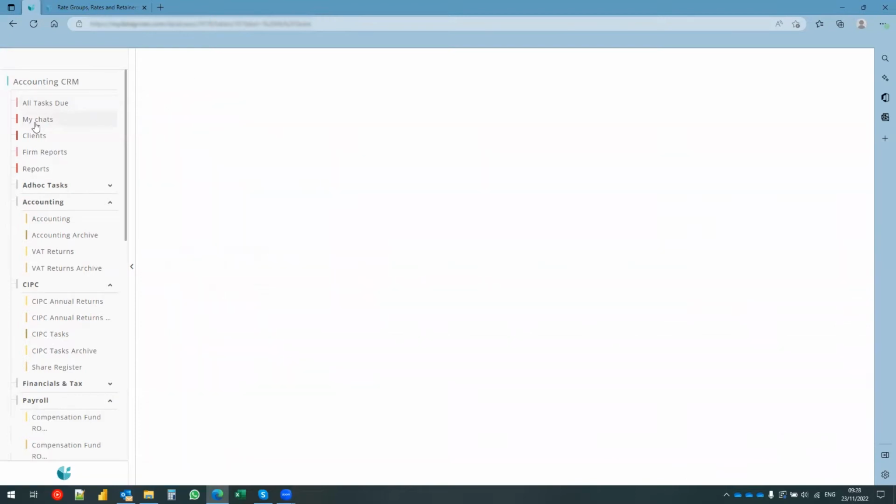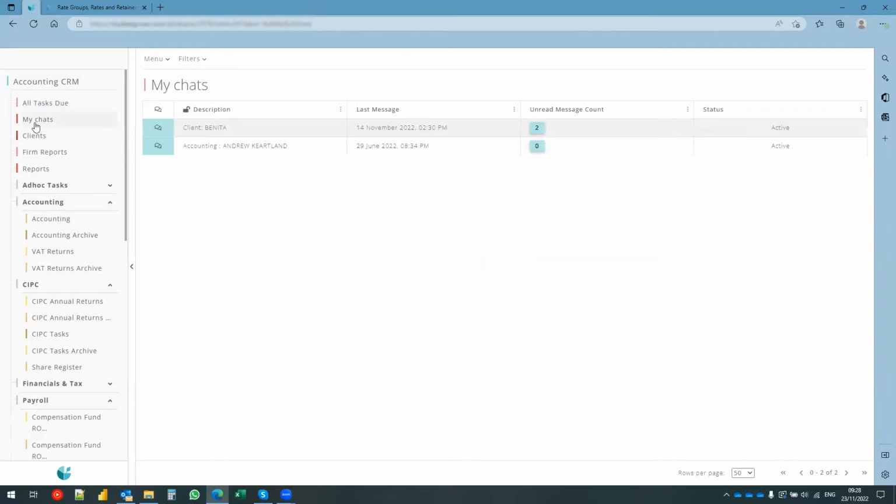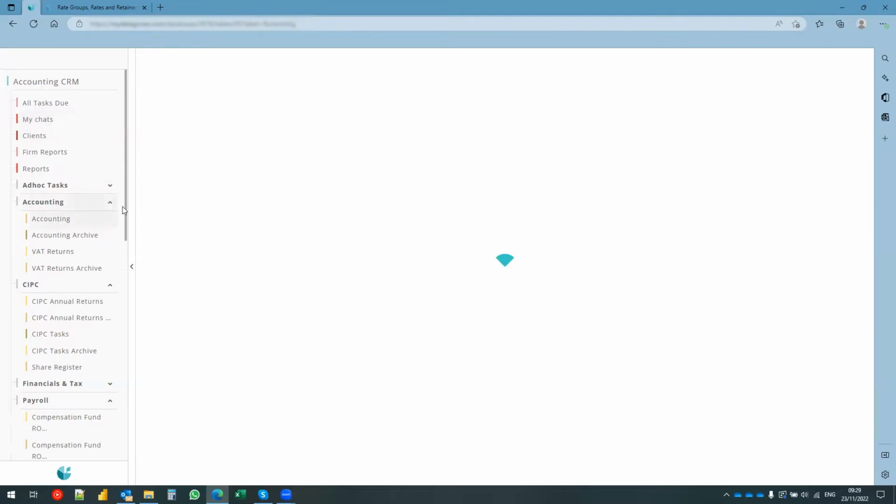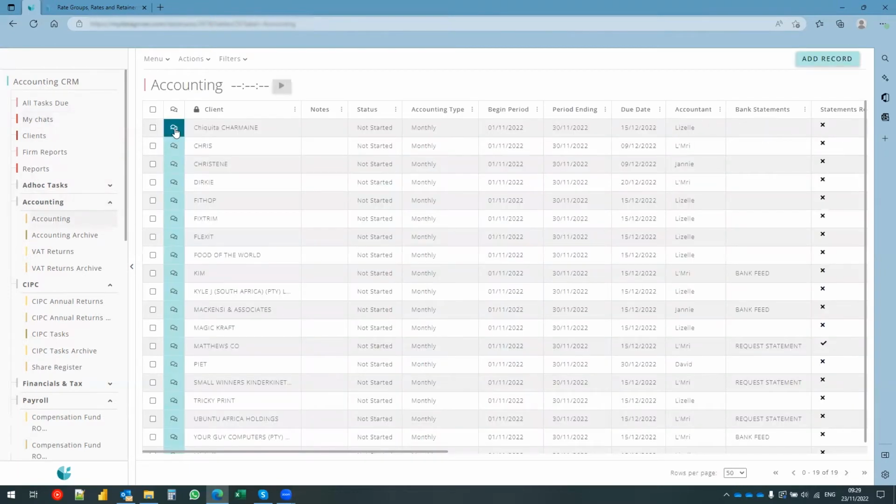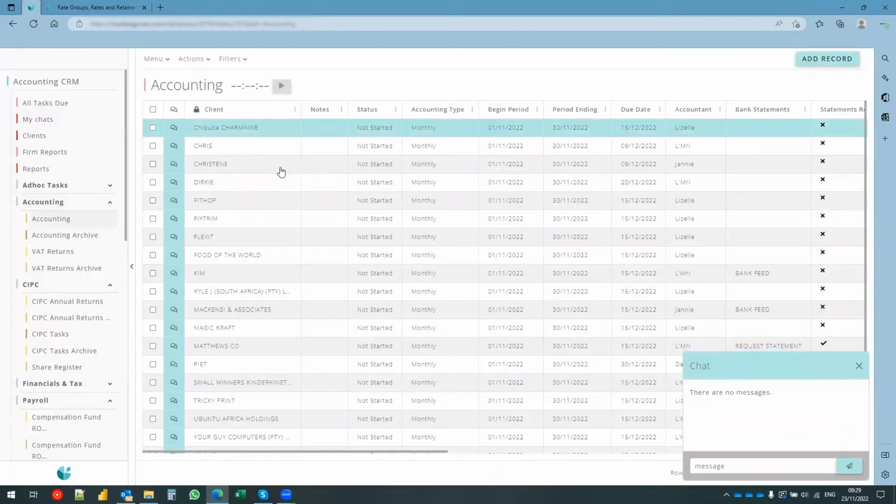Okay. The other feature, which obviously makes sense if you're more than one user in the app, is the chat. This is an internal communication tool that allows you on any record to begin a conversation. And so if you're the sole user of the app, you could even save notes here for yourself, because you can also access the chat. So if you wanted to use that as a reminder,